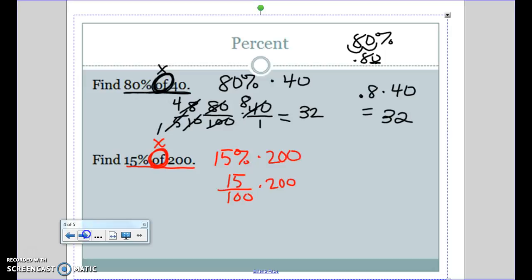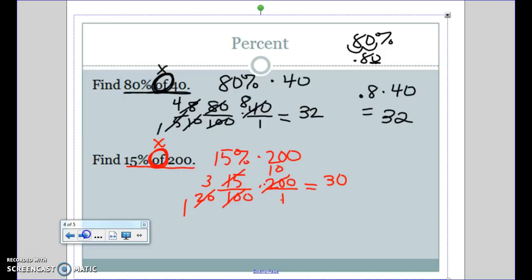And let's go ahead and solve this one first. And you know, I like to cross reduce, so that's what I'm going to do. I know that 5 goes into 15 3 times and into 100 20 times. I also know that 20 goes into 20 once and into 200 10 times. And so when I multiply 3 times 10, that gives me 30, and 1 times 1 is 1. And I don't need to write the 1 on the bottom of the 30 because 30 divided by 1